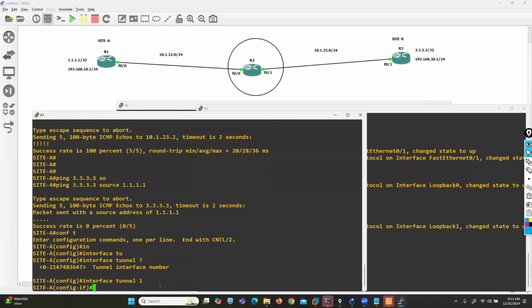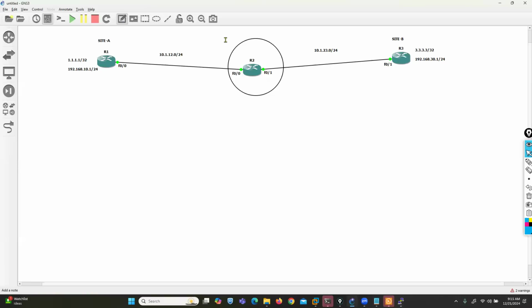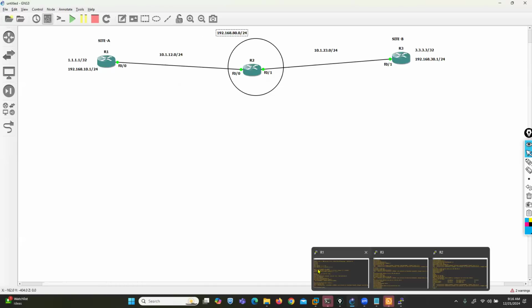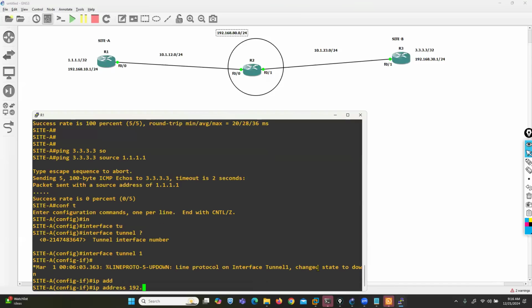Now IP address. This is your private tunnel. You can give any IP address. For example, I'm using the 192.168.80.x network. So 80.1 I will configure on site A branch office. IP address 192.168.80.1